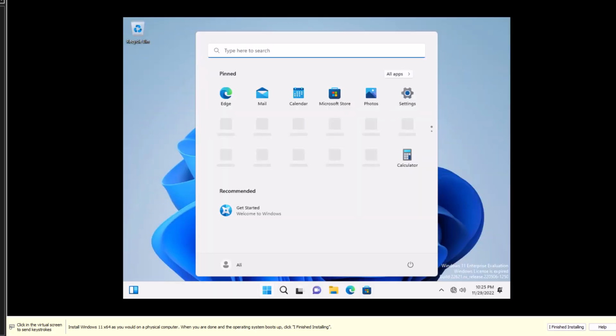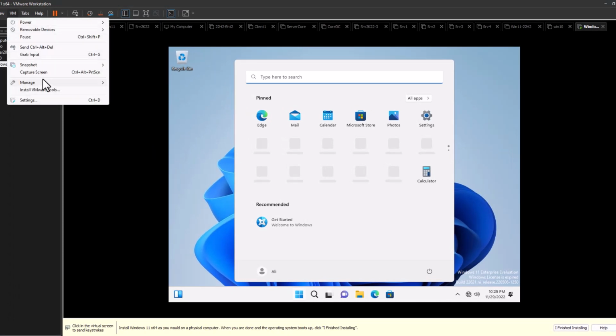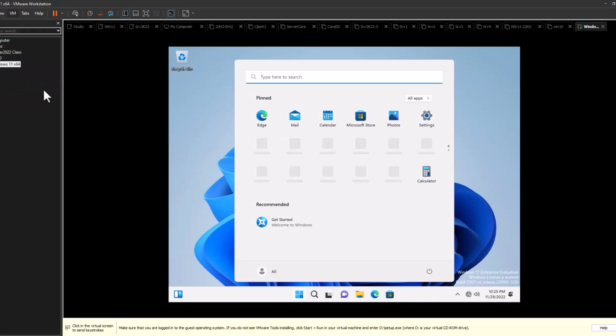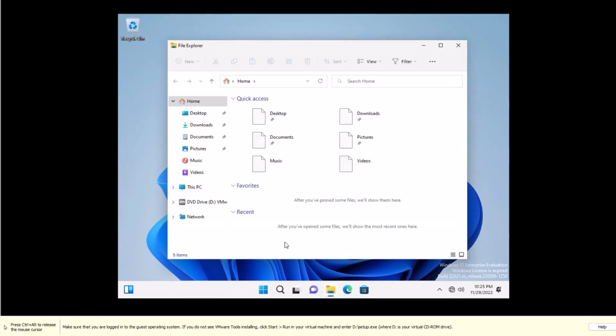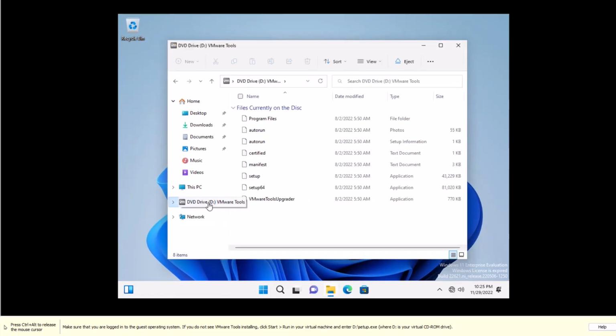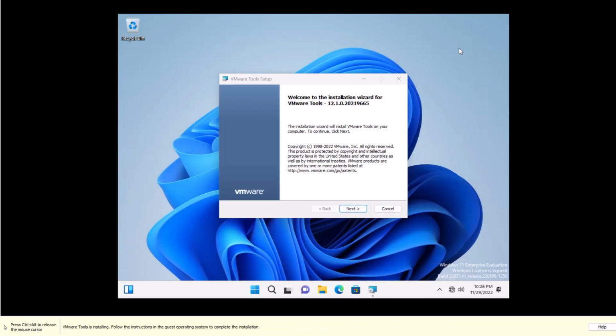Lastly, once your VM is loaded, install VMware Tools. This is similar to installing Windows drivers. To install it, from the VM menu, select Install VMware Tools. This will insert the VMware Tools CD in your virtual machine DVD drive. Open Computer Browser in your VM and browse to the CD drive. Double-click VMware Tools and start the installation. On the first page, select Complete and hit Next and Install.